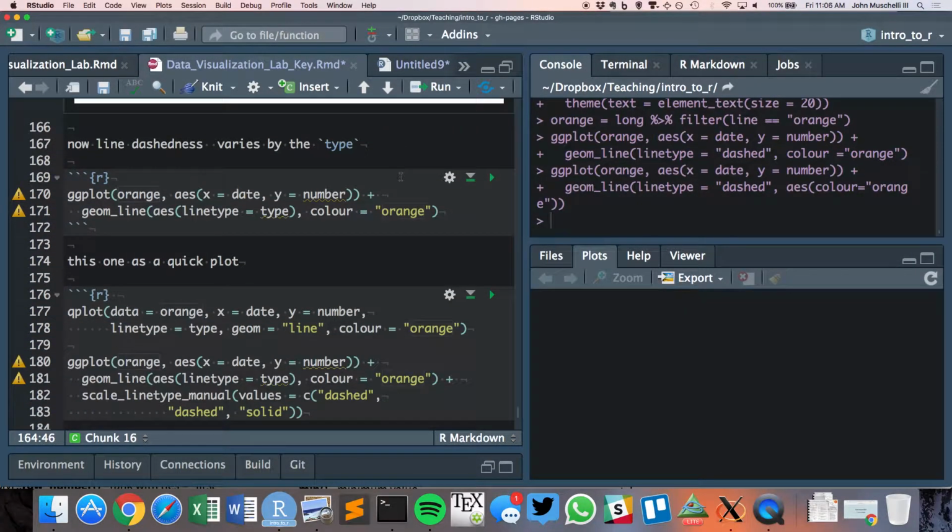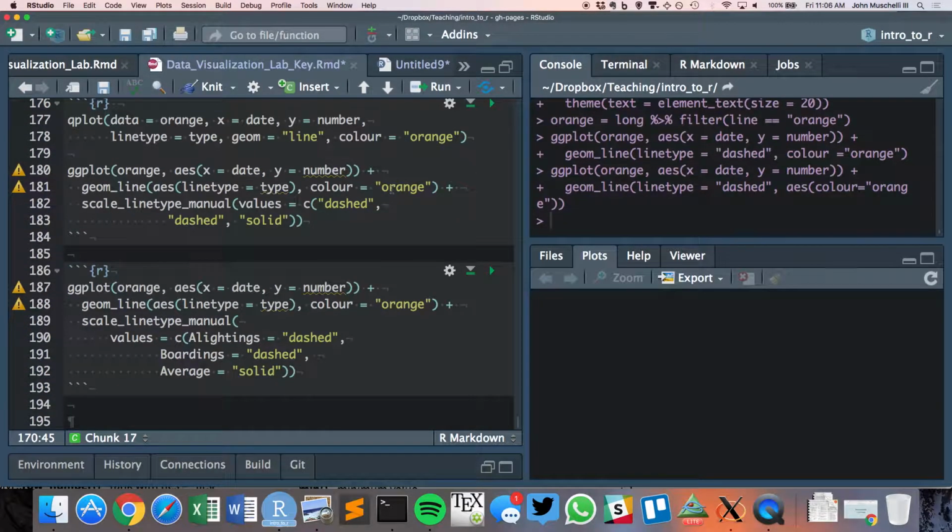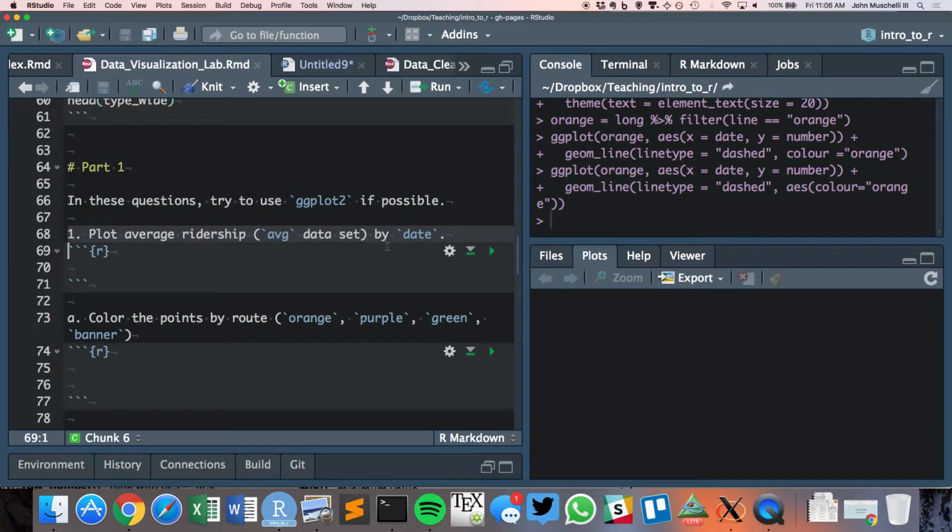Okay. And then there's just other options to show you how to do it with qplot. All right. So I know that's a quick foray into ggplot, but the idea is